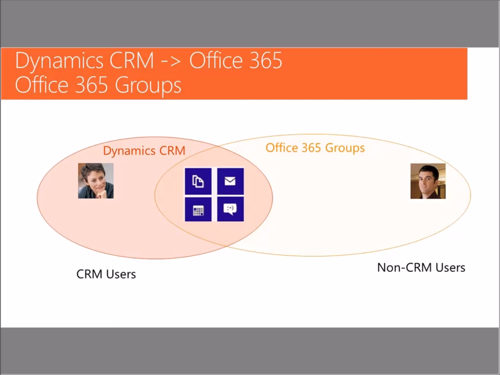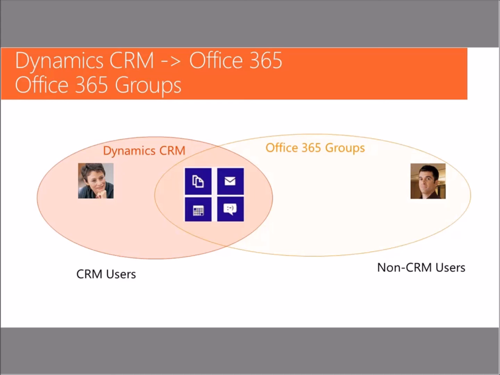So our client, the one that's a chemical company, they have, I don't know, a couple thousand CRM users, but they have about 100,000 non-CRM users. They are using Office 365 groups specifically for that reason. They can go into a project, create a new group. The CRM users can look at the files, can look at the back and forth chats, and non-CRM users can do the same. Non-CRM users can email things there. They can look at documents. They can update the same doc.